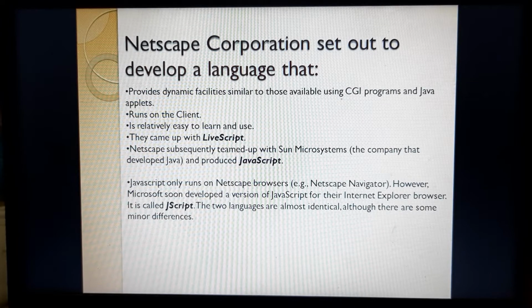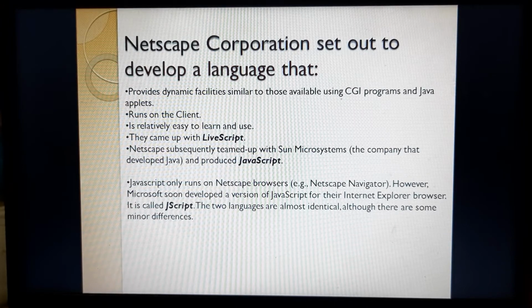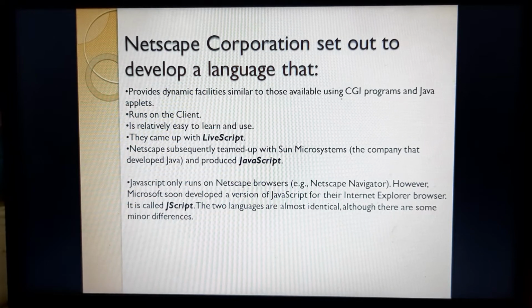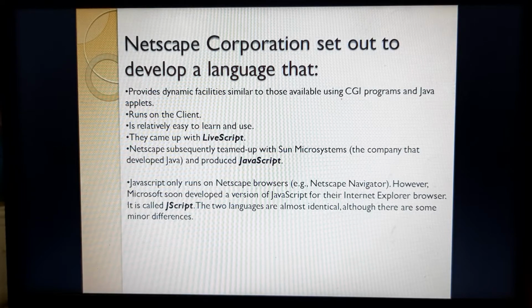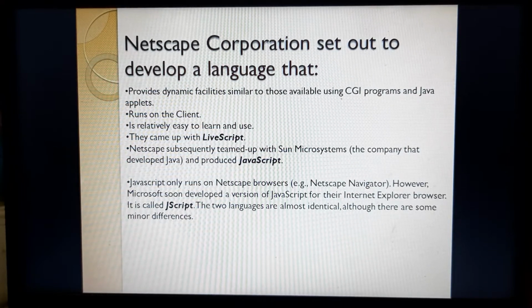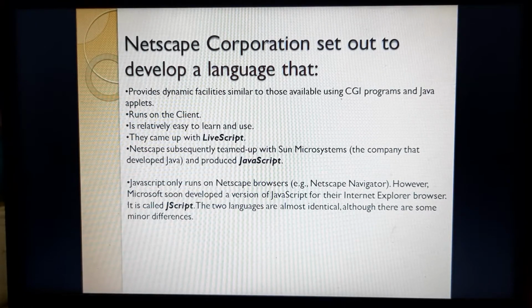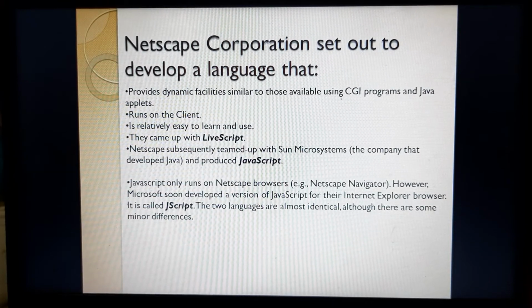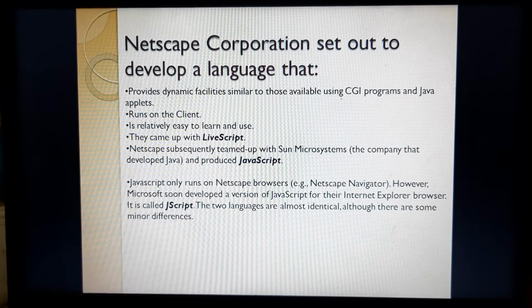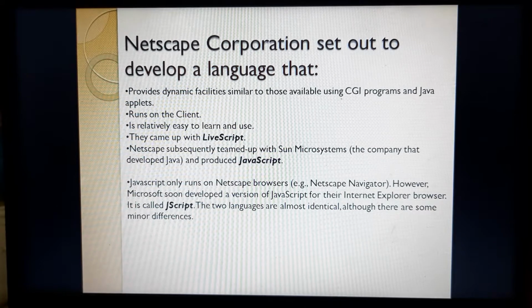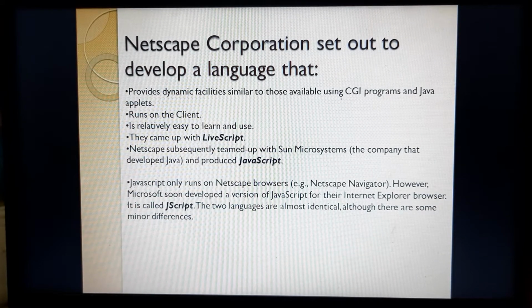So soon after JavaScript was introduced into the market, Microsoft Corporation wrote a version which is called JScript. The two languages, JavaScript and JScript, are almost identical, but with some minor differences. So this is all about the language which we can use for dynamic pages.